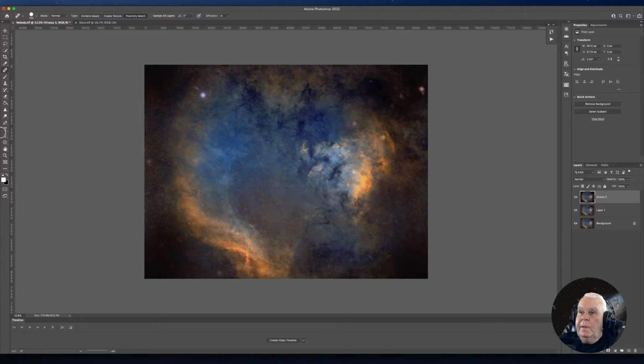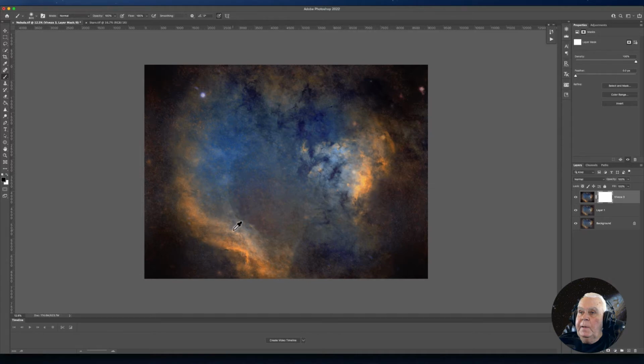Well, rather than go back into Vivasa, which I could, and make those selective changes, I'm just going to go down here and create a mask. Next to the adjustment icon, I'm going to click here, and I'm going to create a mask, and I'm going to get my black brush by going over here and clicking. I'm going to make sure I've got the brush tool selected, and I'm going to increase